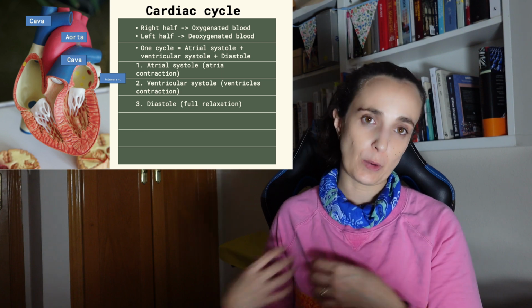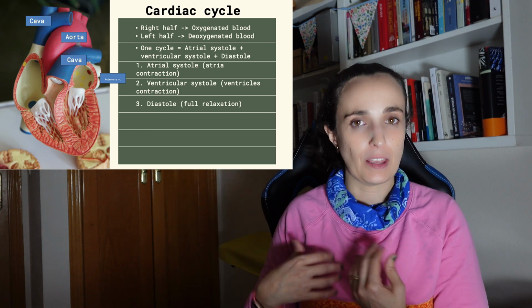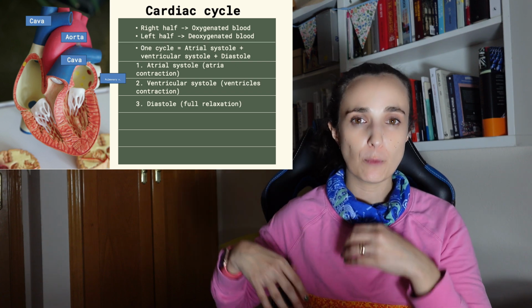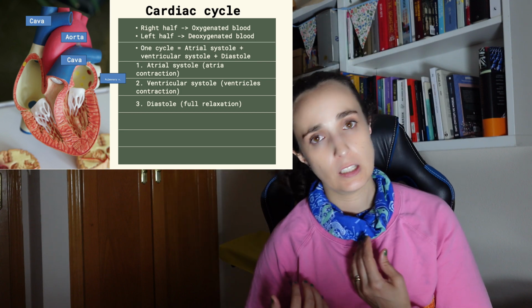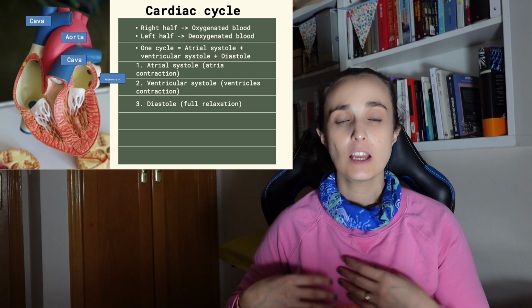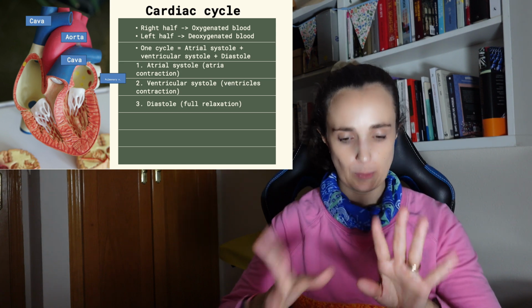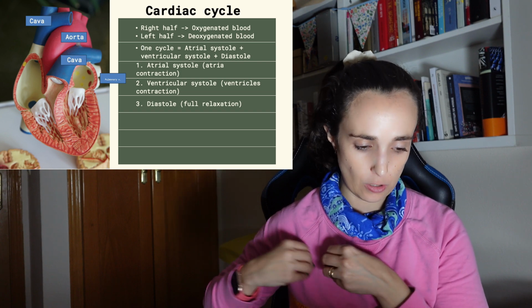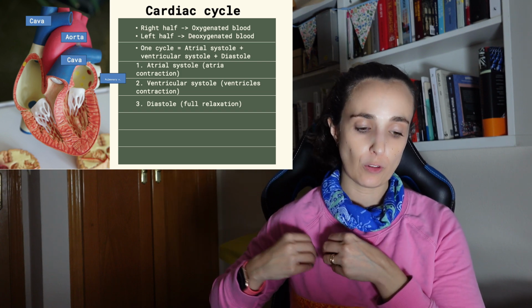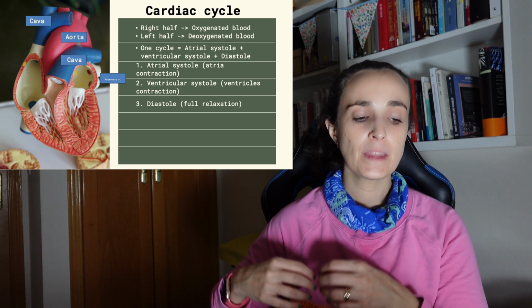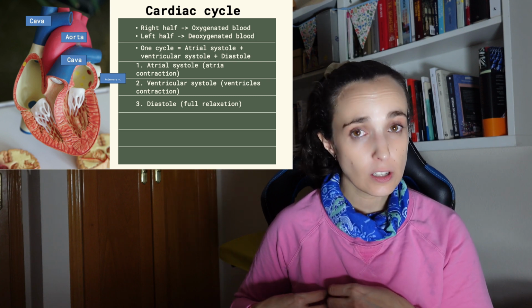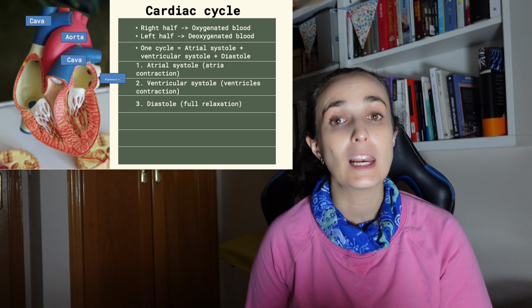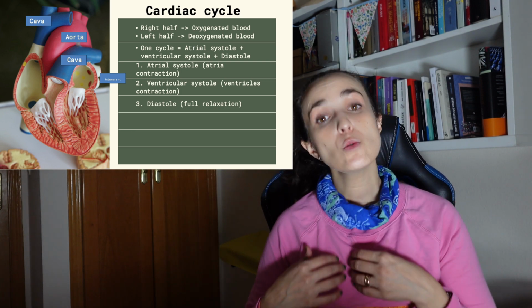Okay, to explain this I have divided it, but there is only one systole in the atrium and one systole in the ventricles, and we will have blood with oxygen in the right side and without oxygen in the left side at the same time. Okay, so we will have two circuits, we will see it in a minute. So from the left atrium without oxygen, the atrium systole will transfer the blood from the atrium to the left ventricle, and again after the ventricle systole the blood will be pumped, but in this case it's gonna be pumped from the arteries to the lungs and will come back through the veins to the right